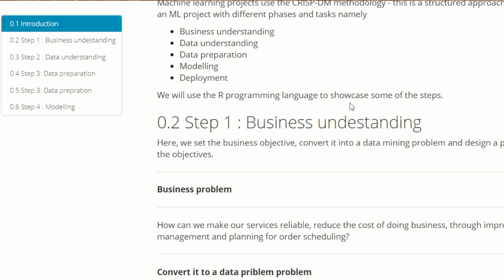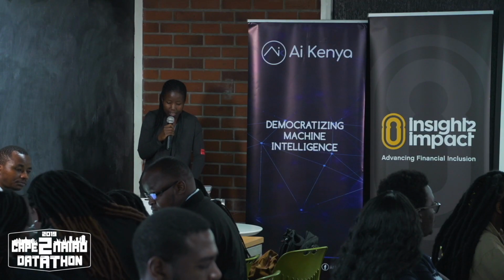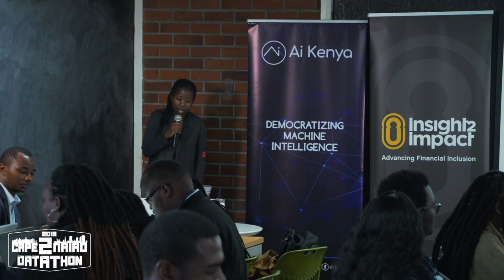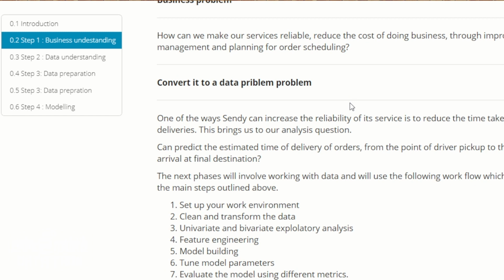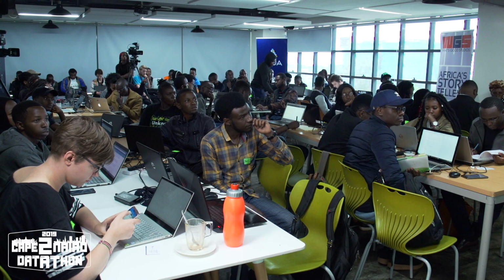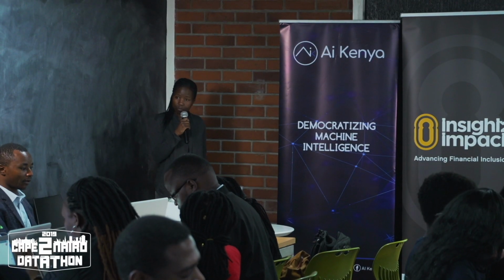Most times, business will give you that problem. They won't tell you which variables to use, which data to use, but you guys are lucky today, you have data, you have variables, you have a data question. So the data question is, can we predict the estimated time of delivery of orders from the point of pickup to the point of arrival at the final destination? And I'm going to follow these steps as I look at the data and try to come up with simple